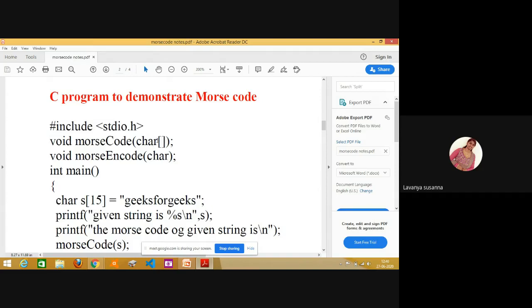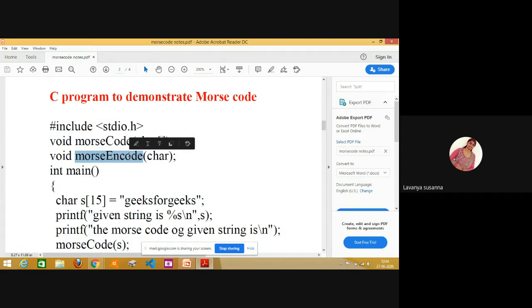In a function declaration, there is no need to write array names. You have to write only the data type, which here is char, for characters. So no need to use the array name. I have used an open and close square bracket, which represents that you are passing an array in the function declaration.